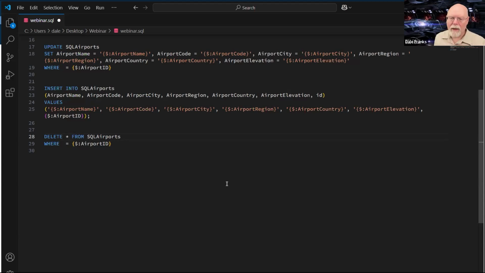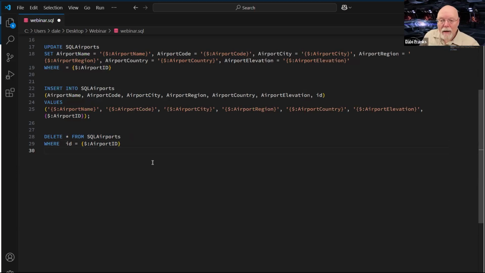But in SQL Server, we're going to use the delete star from SQL airports, which will delete everything. And in our case, it's going to be where ID equals airport ID. So we only want to delete a single record.